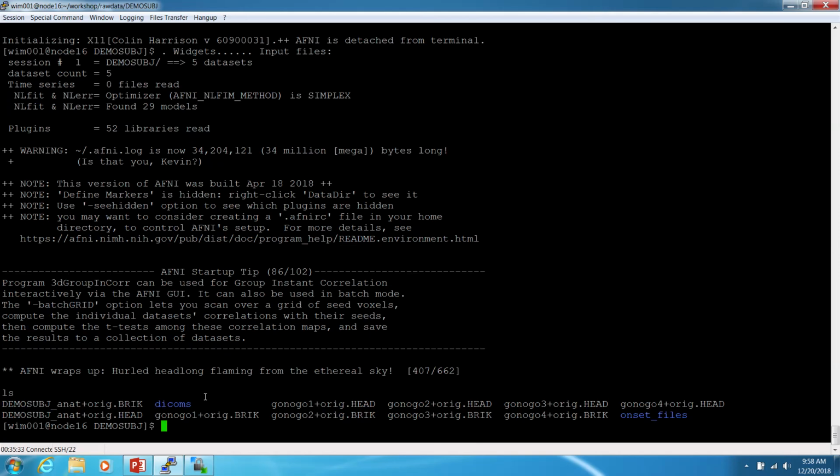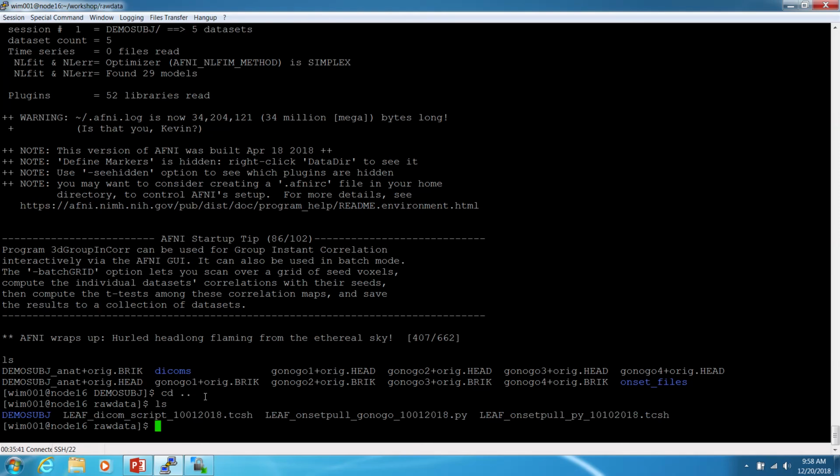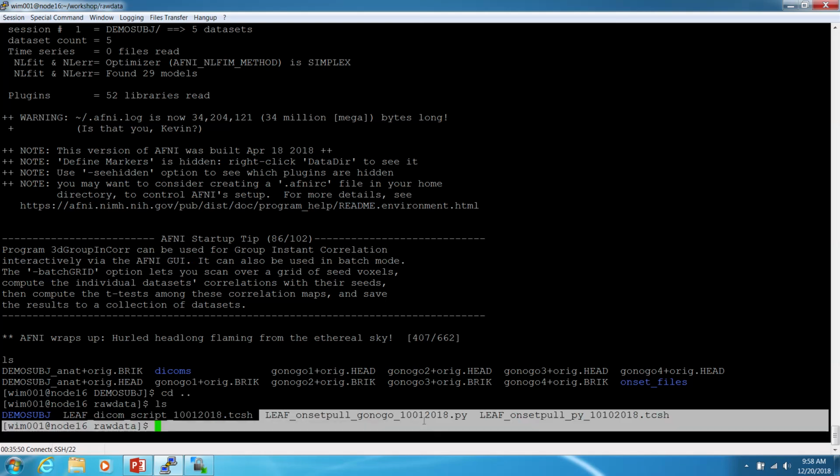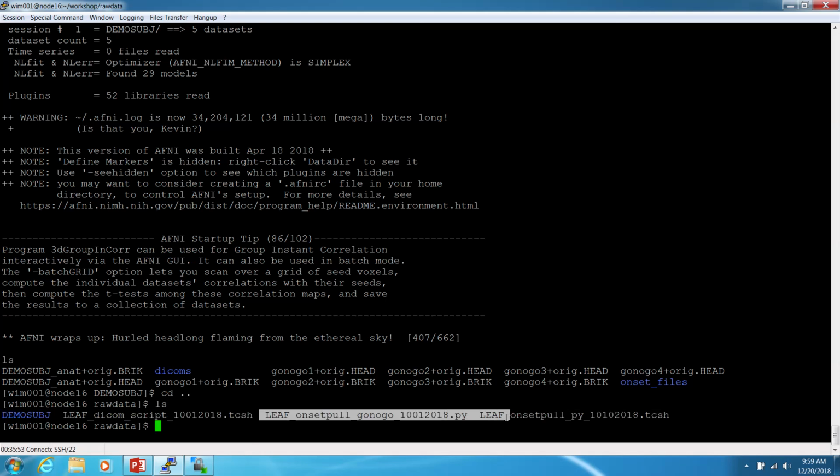So taking a look at these brick and head files, I'm going to move up a directory here. So this is my raw data folder. So this was my DICOM script that I ran. I have two other scripts here, and these are designed to take experimental files and convert them over into a format that AFNI is expecting. So I'll cover this when we're taking a look at